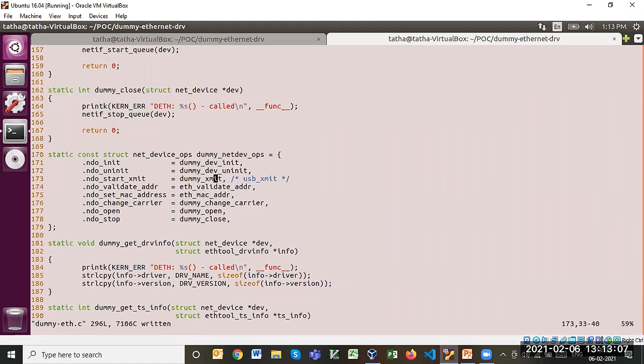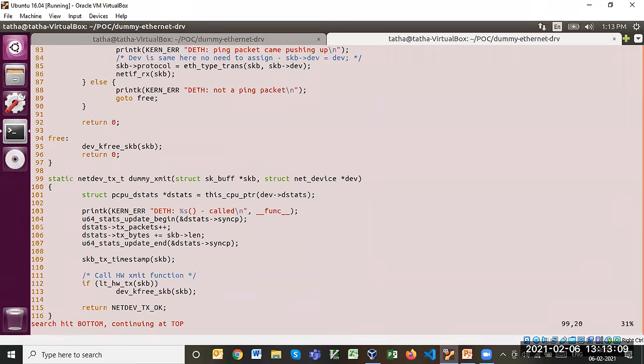The network stack will call usb_xmit and the driver gets the network packet. But to send it, it has to be in USB format, because USB requires a particular packet structure. So you need to make it compatible with USB and then send it to the USB hardware layer. Similarly, whenever you get a packet from the USB module, you get it as a USB packet.